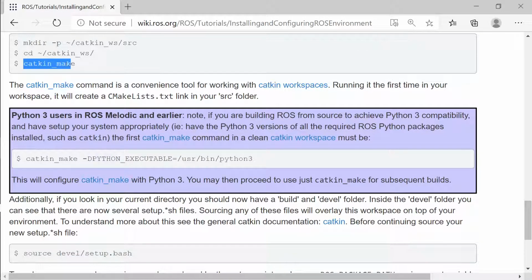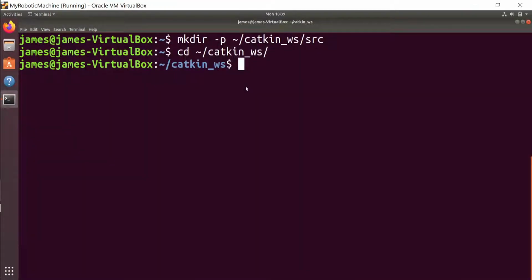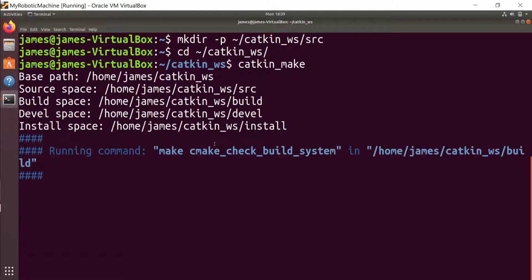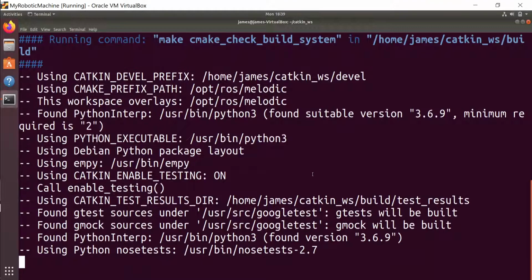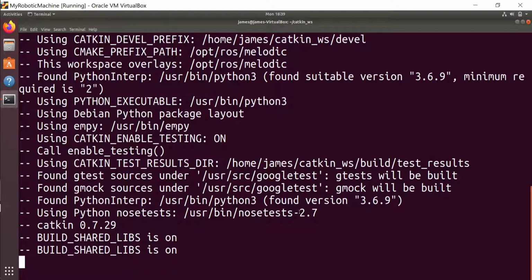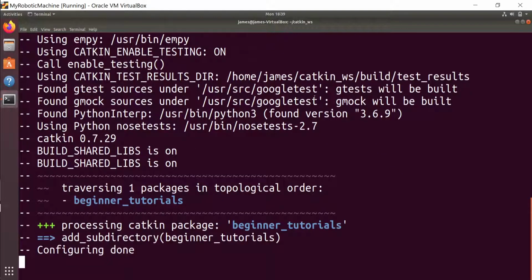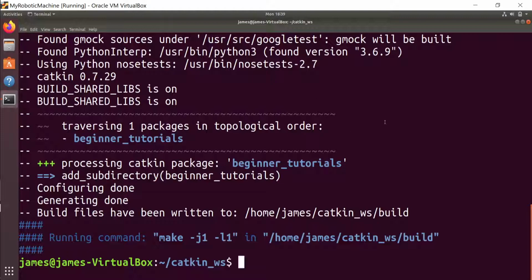I have already verified my Python version. It is not 3, it is 2. So let's go ahead and run this command, and it will set up everything for me. So the workspace is getting set up.